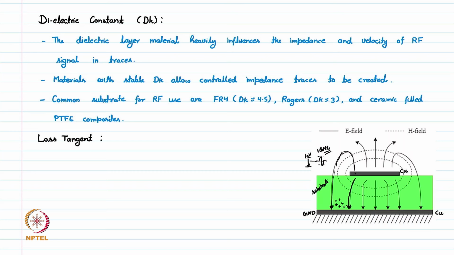The creation and disappearance of this induced charge consumes energy from our electric field. This is the electric field which we are generating by the signal, and if this charge has to appear and disappear at 1 gigahertz frequency,